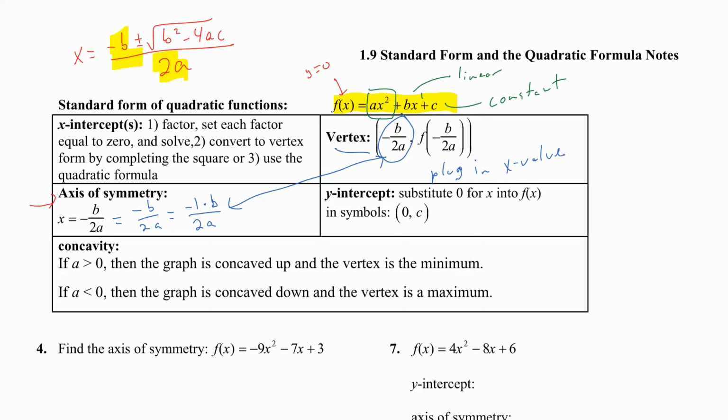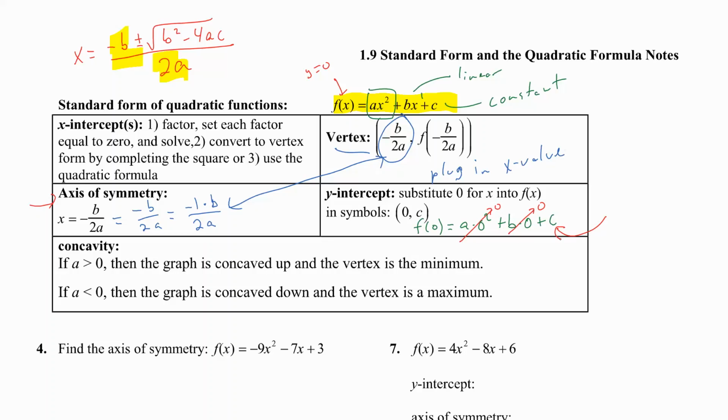All right, and the y-intercept, it's the same thing for all of them. You substitute 0 for x, so it doesn't matter what it is. So you're always going to do f of 0 or whatever the function's defined as. Now what will happen every single time when we do f of 0, so that's a times 0 squared plus b times 0 plus c, is 0 squared times a is 0. And then b times 0 is 0. So actually it's just this number right here, c, that is always going to be your y-intercept when we're dealing with quadratic